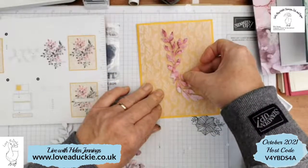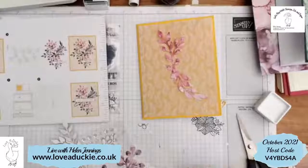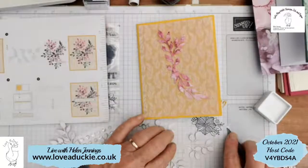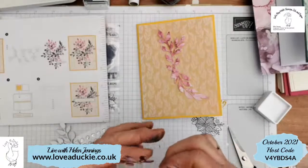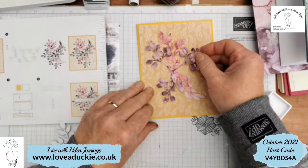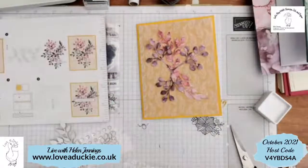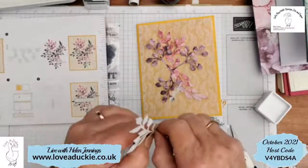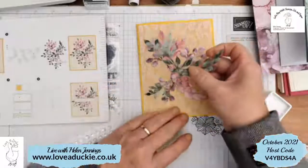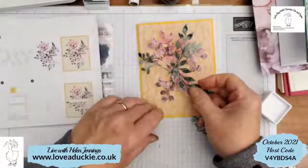So it sort of comes down the centre of our card, just here. And then we're going to take the purpley one. I'm going to have that about there. Then we've got the green one. And the green one is going to sit